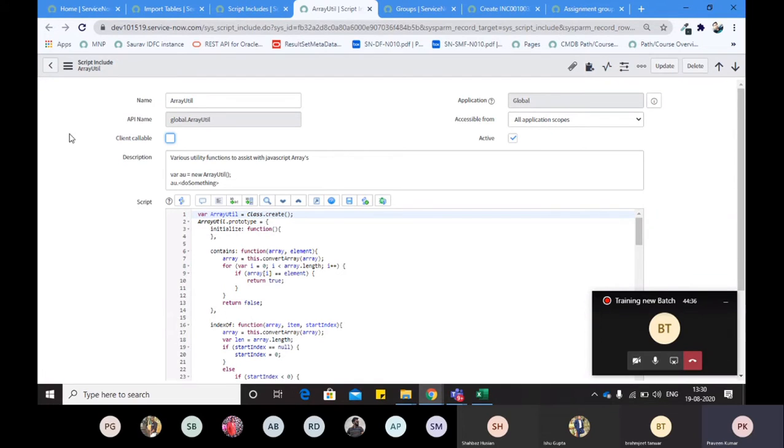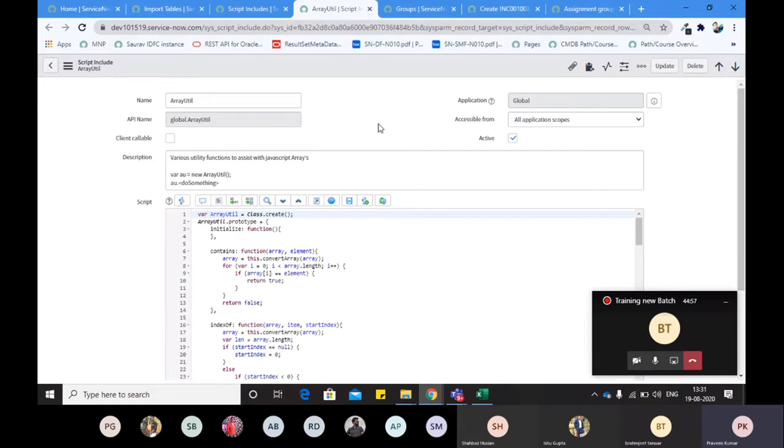One is client callable, another is non-client callable script include. The script include you are seeing right now is a non-client callable script include. The difference between non-client callable and client callable is that a client callable script include can be called from a client script, but a non-client callable script include can't be called from a client script.